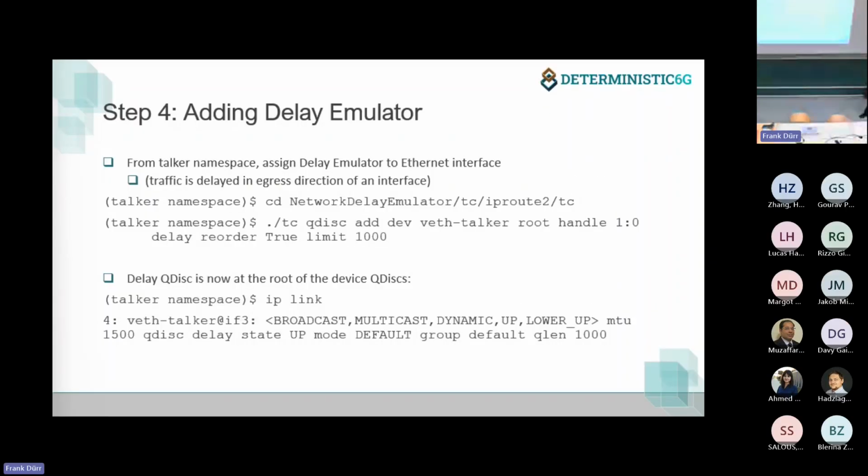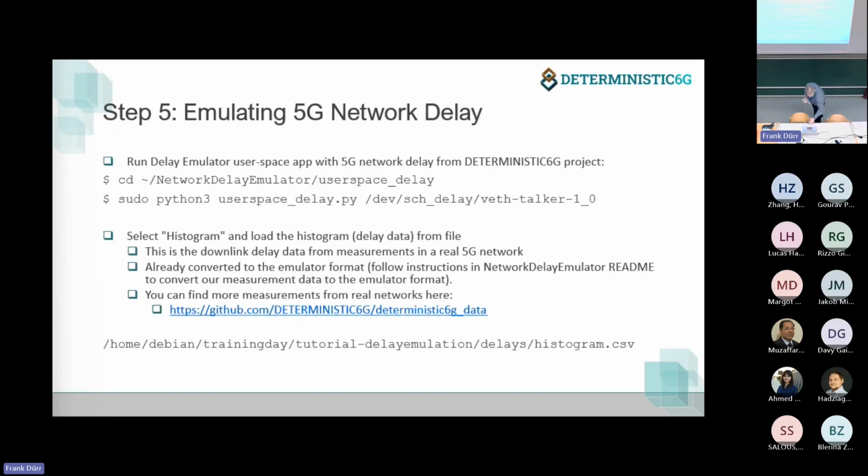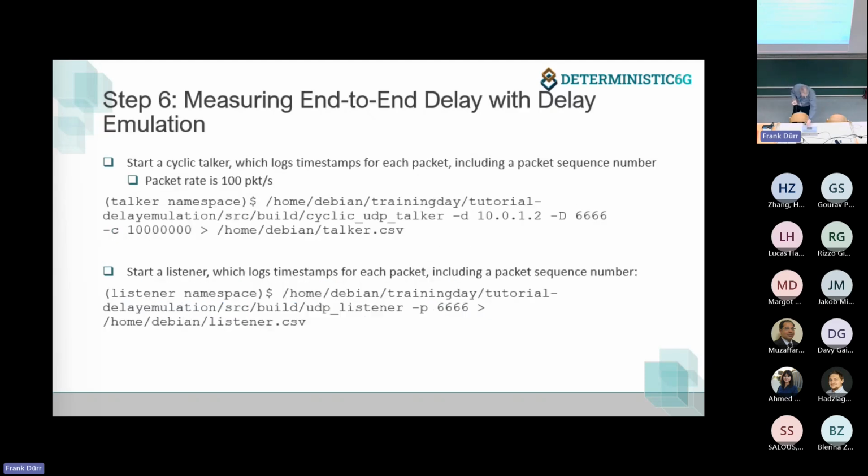To continue doing that interactively, I would say we have three more commands to add. And I leave it as a homework, sort of. And if someone manages to do that and sends us their histograms or their output of the end-to-end delay, you will get the Distinguished Training Day Award or something like this. Let's see. But it's not much to do. It's just adding the qdisc. That's one step. And then there are some boilerplate things to do, like starting the user space applications, adding the delay, and then measuring it. That's it. Then the base setup is already